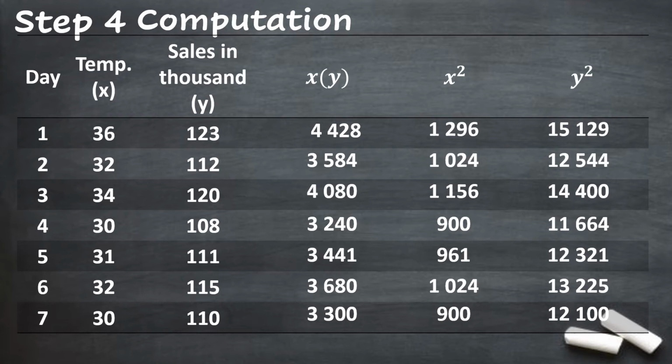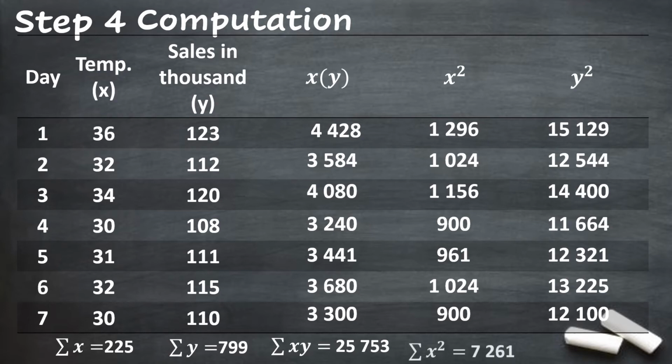Next is to get the sum for all the columns that we have. Getting the sum of all the x values, we have the summation of x as 225. Adding up all the y values, we will have the summation of y as 799. Next is the summation of xy. All you have to do is add all the numbers in the column for x times y. We have the summation as